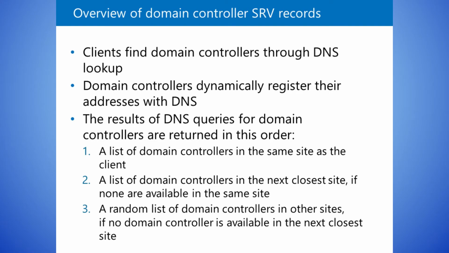When users sign in to ADDS, their computers look in DNS for SRV records to locate the nearest domain controller. SRV records specify information about available services. Each domain controller dynamically registers its addresses in DNS at startup by registering an updated SRV record in DNS. Clients can locate a suitable domain controller to service their sign-in requests by using DNS lookups which use these SRV